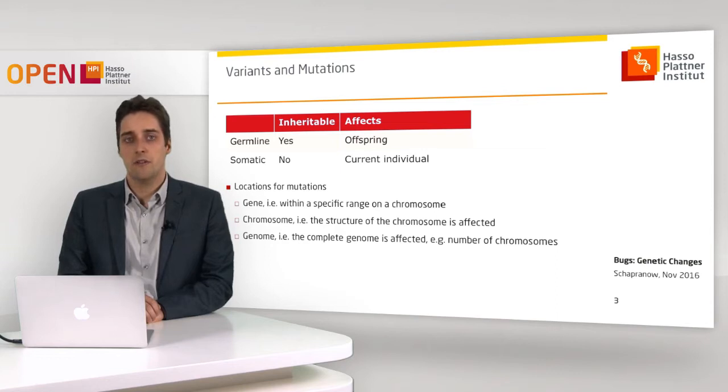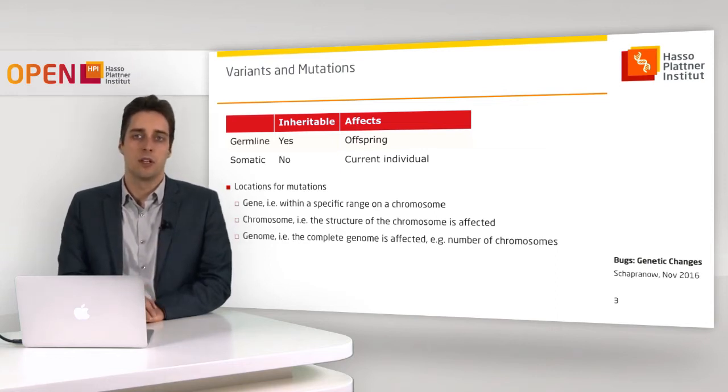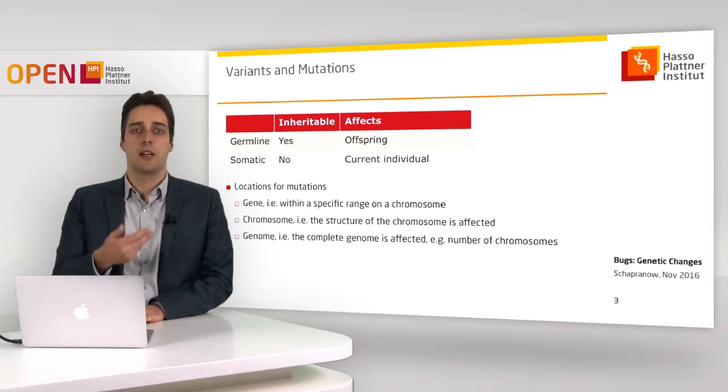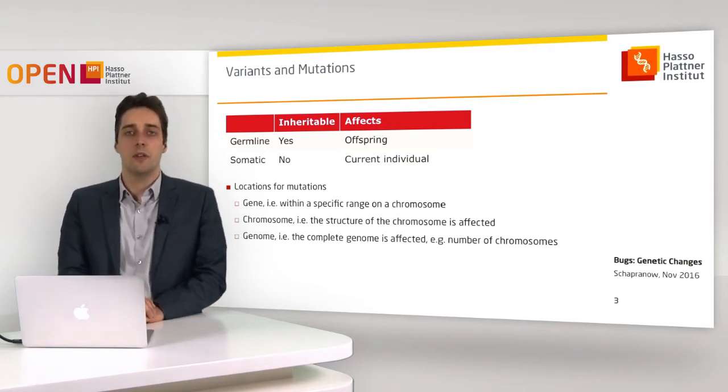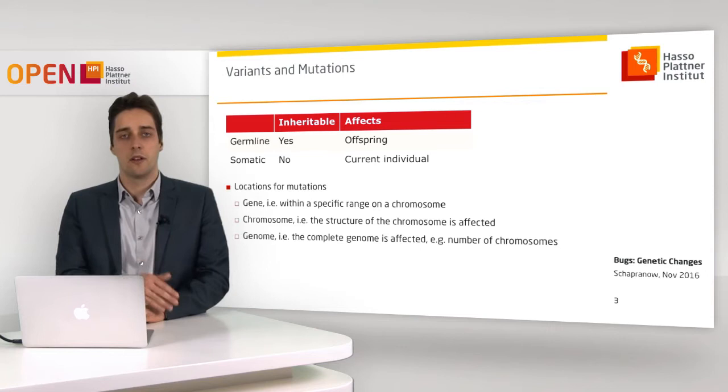Somatic mutations are only affecting the current individual. This is important because a lot of these mutations are acquired during lifetimes, and these mutations have impact only on one individual and not on a whole